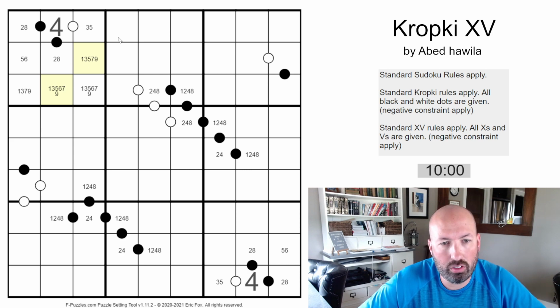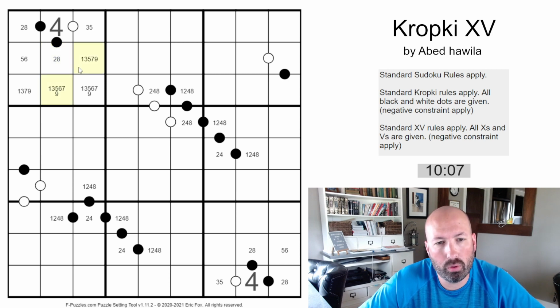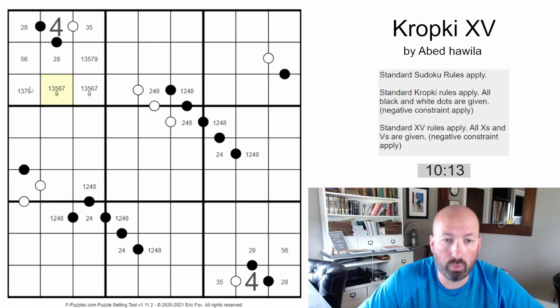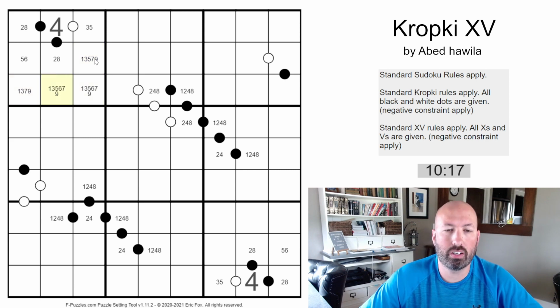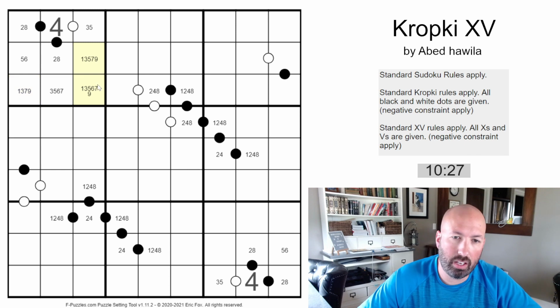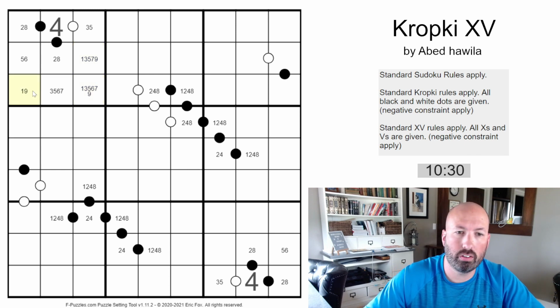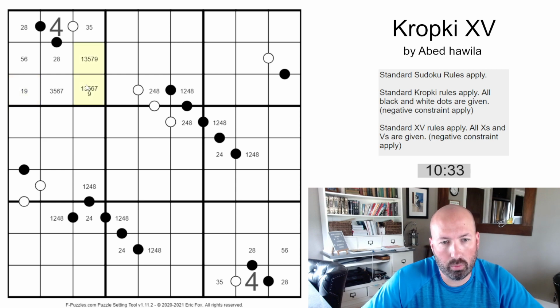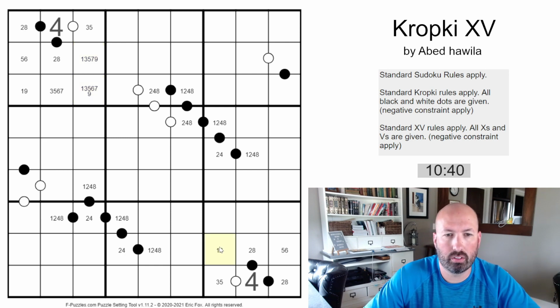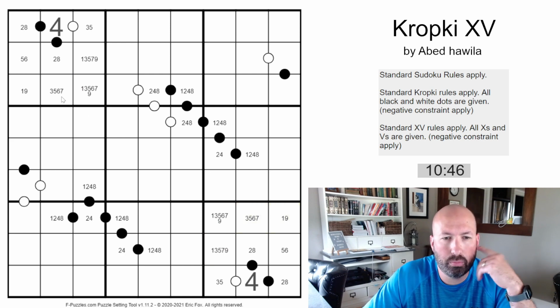I said the 1 and the 9 could be in these two, but can they? If these are 1 and 9, you can't put a 2 or an 8 there. So you actually can't put 1 and 9 in these two. And if you put a 1 or a 9 right here, the other one has to be right up there because it can't be next to it. So actually, you can't put a 1 or a 9 in that cell. So the 1 and the 9. Right, and you can't have these two be 1 and 9 because they can't be next to each other. So the 1 or the 9 has to be here. One of the two has to be in this cell. The other one is going to be over here. All right, and we can do kind of the same thing down here. Let's see, can we do more than that? What if this...